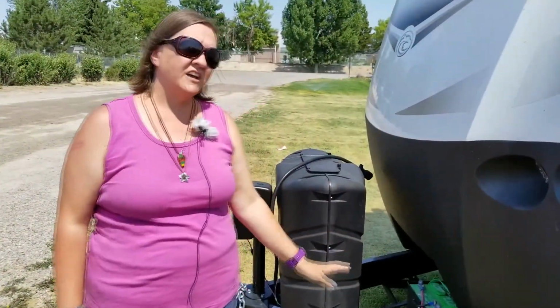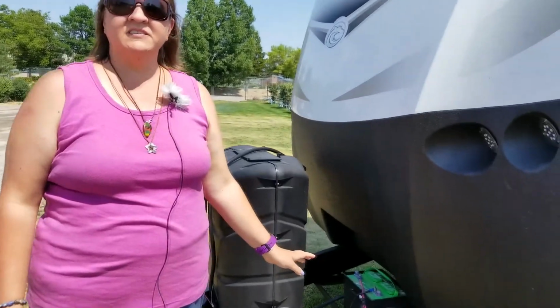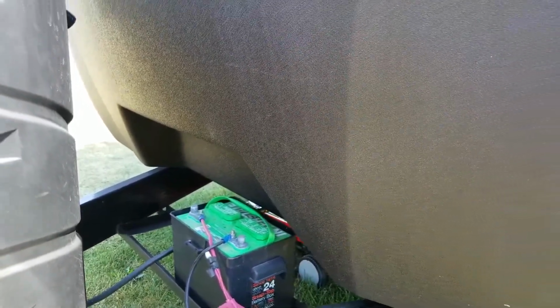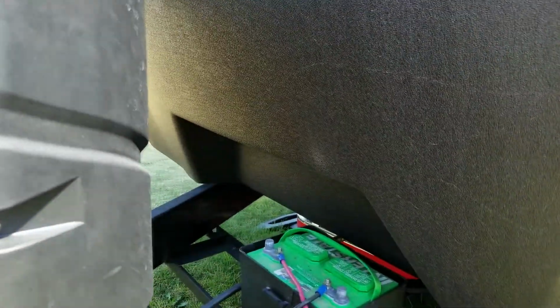So the problem with the house battery is, for starters, it's not a huge battery. It can't hold a whole lot of power, and even just running the few things it does, it will drain out fairly quickly if that's our only source of power. Now we could add more batteries. There's room on the tongue of our trailer for 1 more battery, but even with 2 batteries, it's not enough